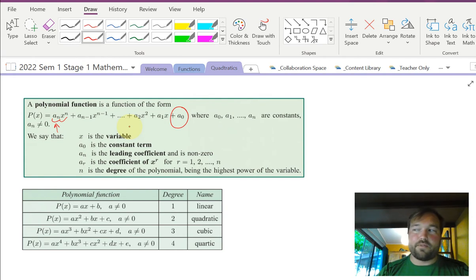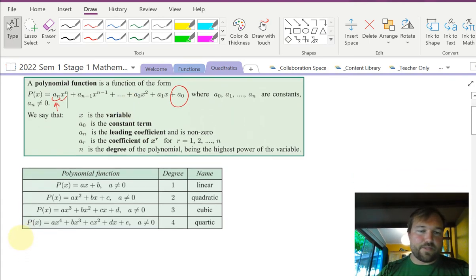Now, the first couple of polynomials we have named, linears and quadratics, you've seen before, x and x squared. The next two are cubics and quartics, and they all have this form here. Alright, so,